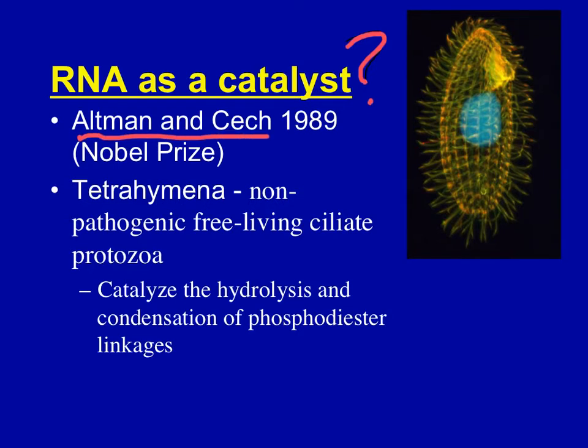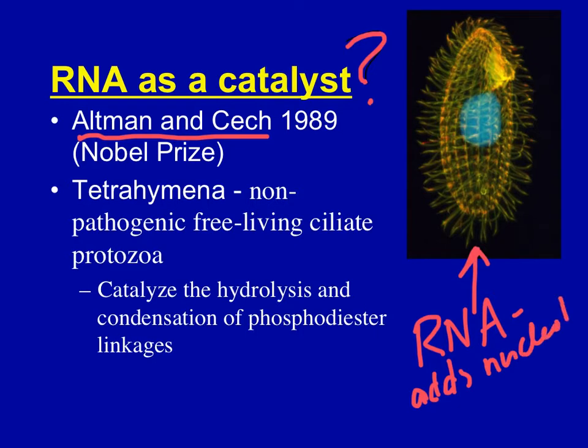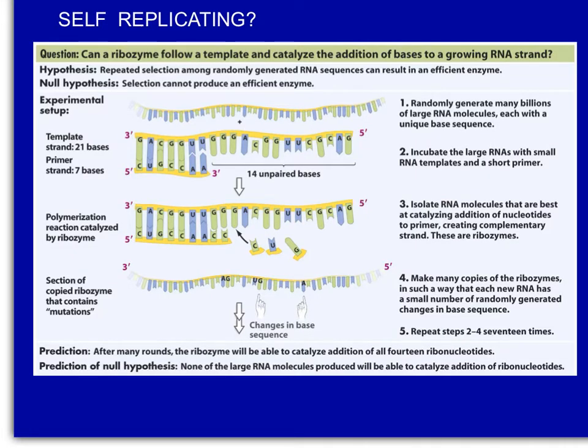They were looking at this free-living ciliate, a protozoa that is found in water, Tetrahymena, and they found that there are RNA molecules that are able to catalyze the reaction that adds nucleotides onto existing nucleotide sequences. And that experiment shown here is, remember, this is where they took a long string of